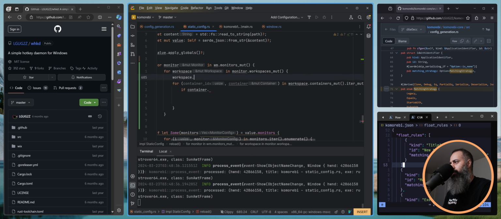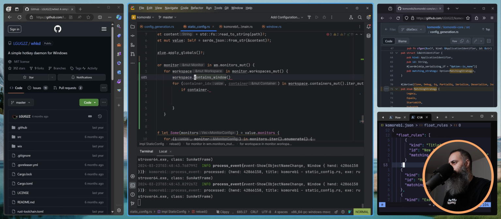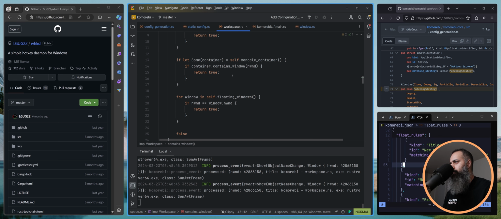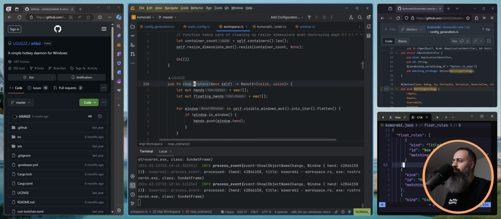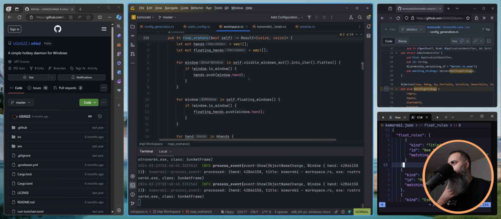Can I do workspace dot contains? So I want to do something like, don't I have an orphans, a reap orphans? So if window is not window,